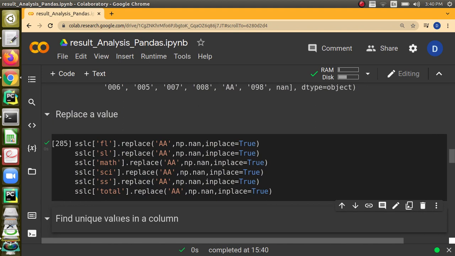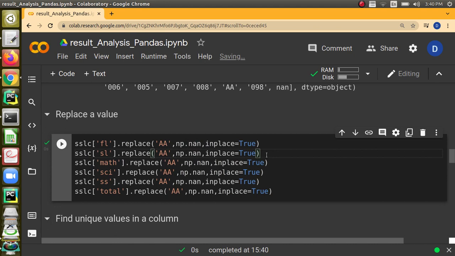For null values, we can use np, which is numpy, dot NaN. So what we are doing here is using the replace function, and we are going to change the absent in each of the columns. All the subjects we are going to take, we are going to replace the absent by null value. So where is the null value?